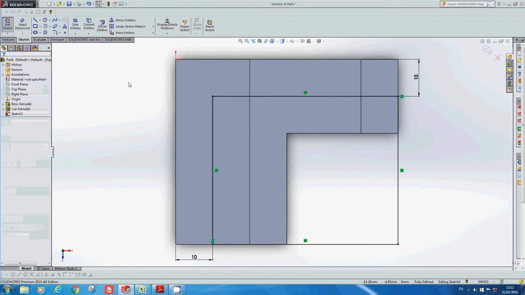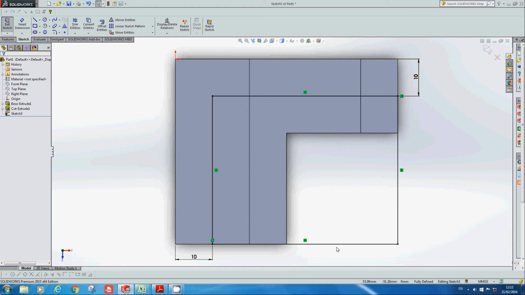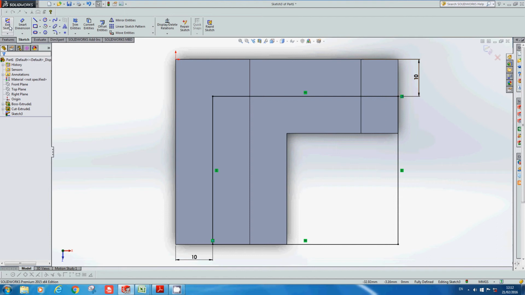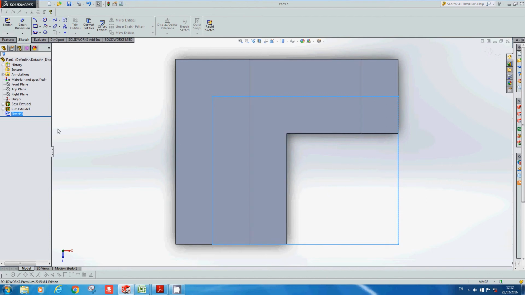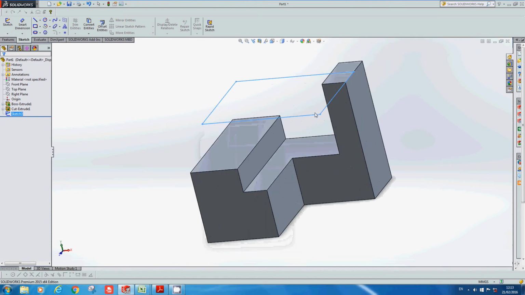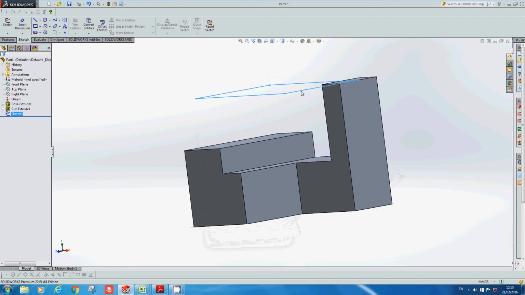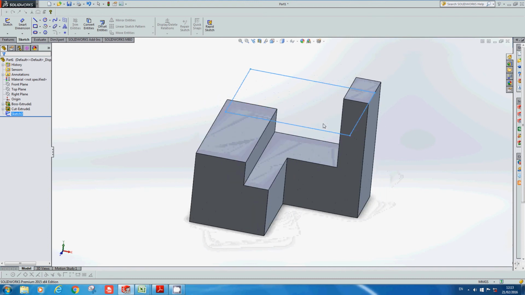I'll just click OK to that. So that's my rectangle drawn. Again, fully defined, very important to make sure all your sketches are fully defined. Exit sketch, and again we're cutting, so I'm just rotating again the middle mouse button, so the wheel, just click